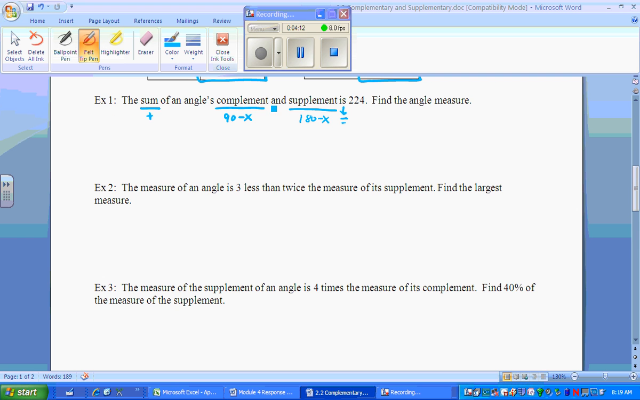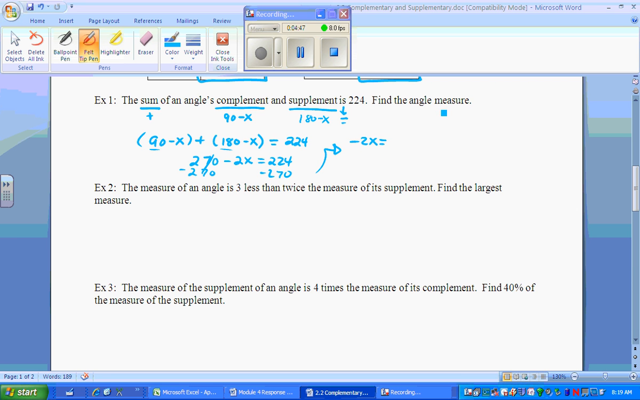So we need to create this expression. We've got the angle's complement, 90 minus x. We're going to add the supplement, which is 180 minus x. And we're going to set that equal to 224 because that's what's over on the other side. Simplify, so the 90 and the 180 give you 270. Negative x plus negative x is negative 2x, equaling 224 minus the 270 over. So you get negative 2x